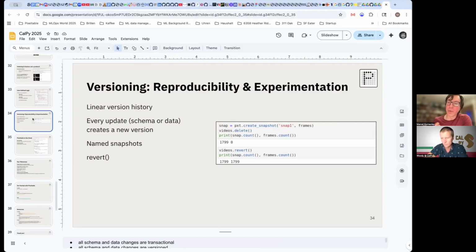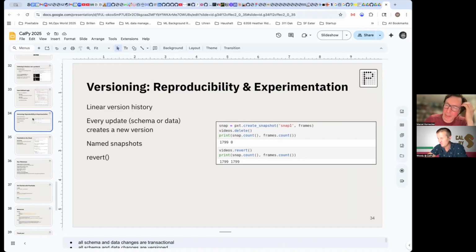If you're doing model training, which was one of the motivating use cases for Pixeltable, basically how do ML teams work together to do data set curation for model training. And so what is really important in that space is reproducibility and lineage, basically observability.